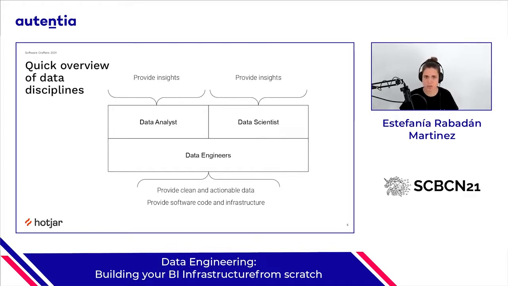So data analysts are a bit more focused on analytical data, on current status, a bit of the past. They usually work with SQL and reporting tools. That's their environment. And data scientists are a bit more focused on the future, predictions and building models. They use Python or R. It's a bit of a different set of tools and data sets, but both of them basically work by providing insights to the company and to the customers of the company.